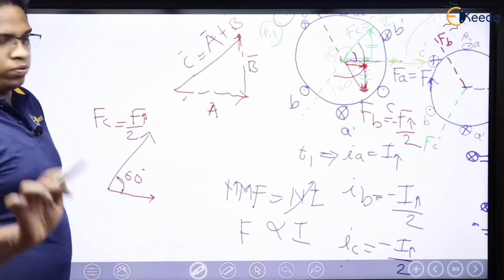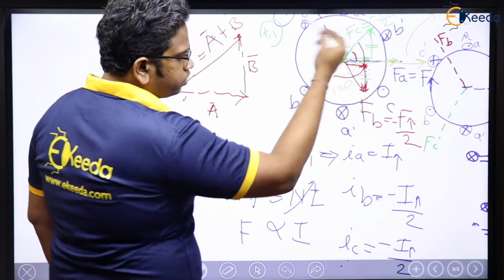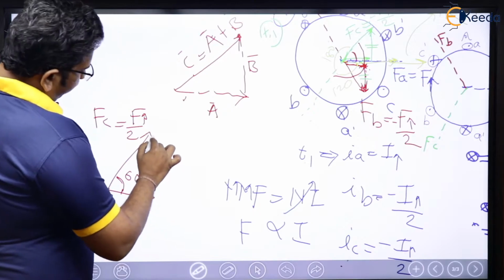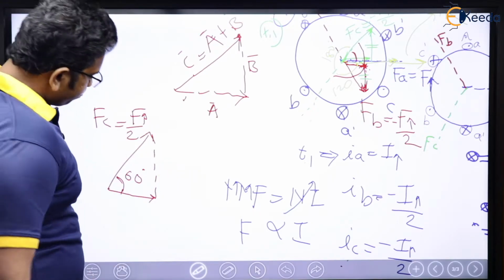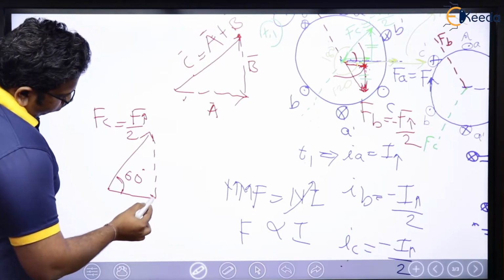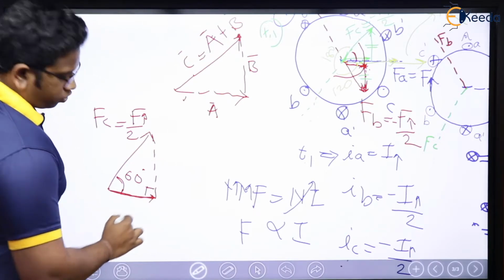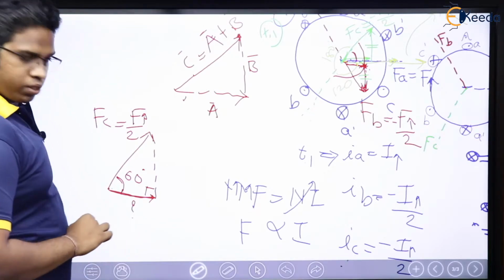I think that you will agree with me with this. And this particular vertical component is already gone, right? But let me just have it for some sake. Let me just have this component, right? Now, see here, what will be the value of this? This is 90 degrees, right? Because it is a vertical component. So what will be the value of this one?